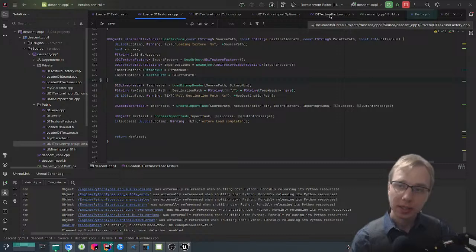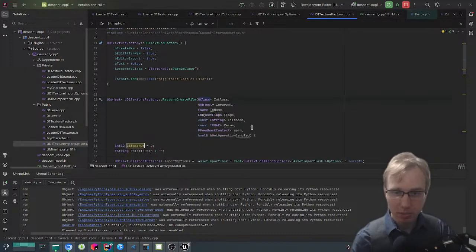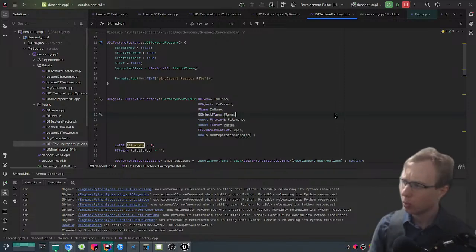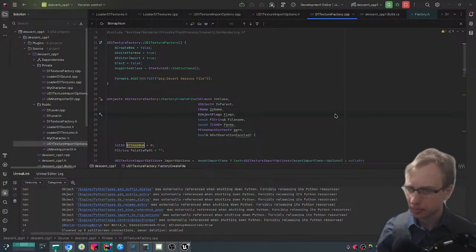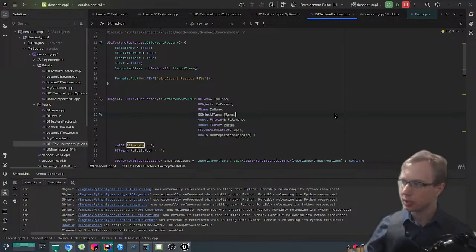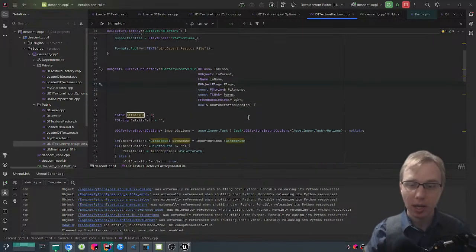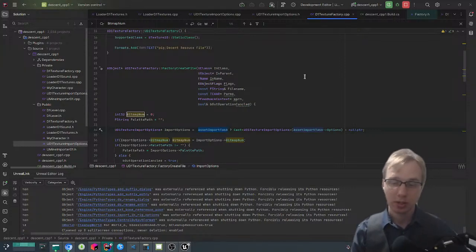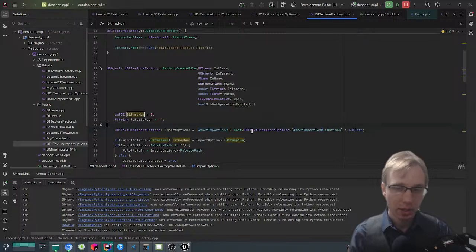Well, that leaves us with the question: if we're not passing options as a parameter to our factory create file, how are we using it as a parameter? How are we getting those options that we're trying to pass to it? The answer is that every factory, everything derived from the UFactory, has an asset import task object on it. Like I said, it's not a pure interface, it's got a little bit of inheritance on it. So this asset import task object can